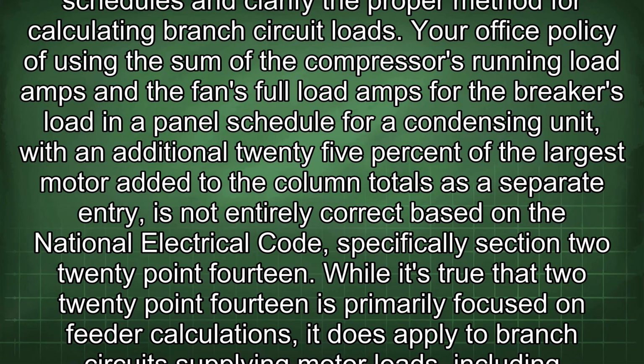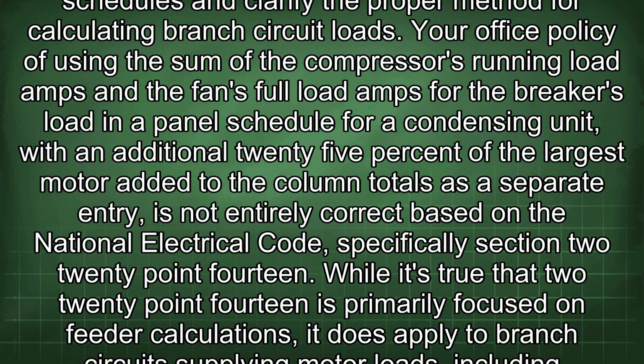Let's discuss air conditioning loads and panel schedules and clarify the proper method for calculating branch circuit loads. Your office policy of using the sum of the compressor's running load amps and the fan's full load amps for the breaker's load in a panel schedule for a condensing unit, with an additional 25% of the largest motor added to the column totals as a separate entry, is not entirely correct based on the National Electrical Code, specifically Section